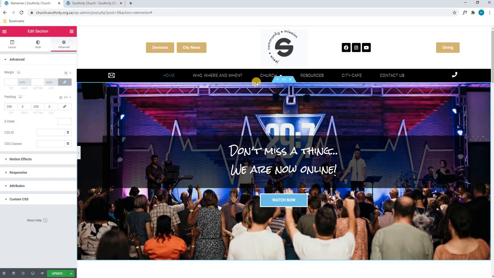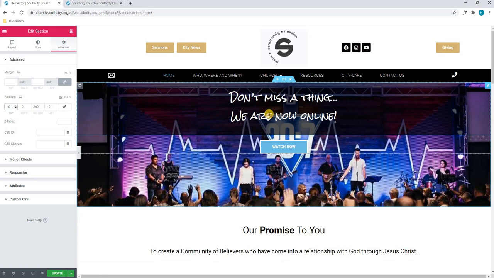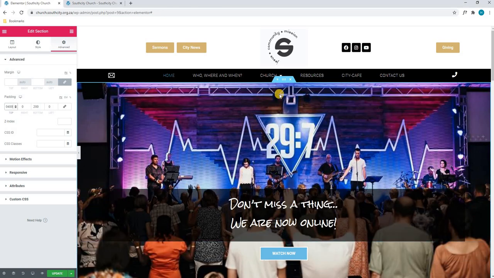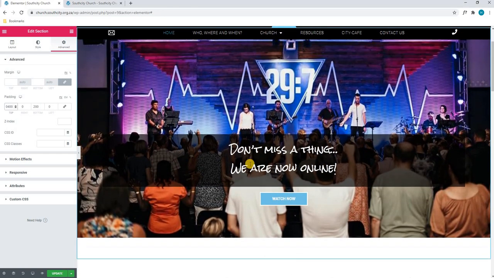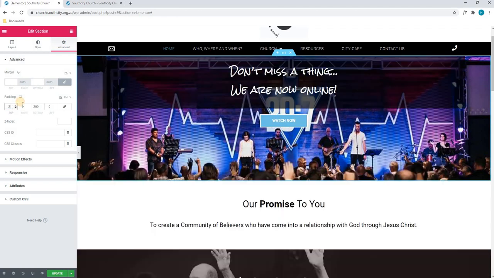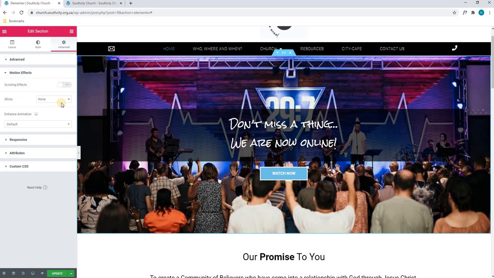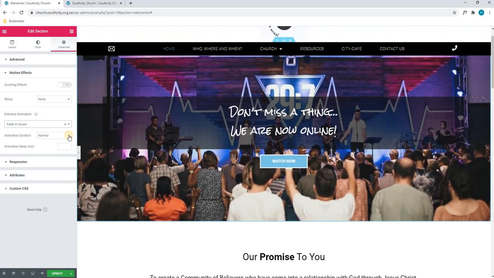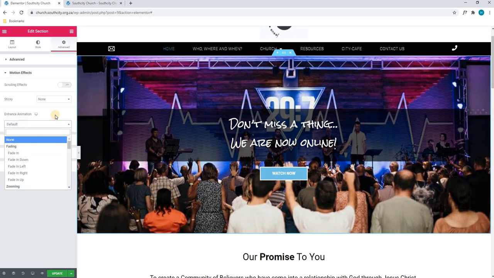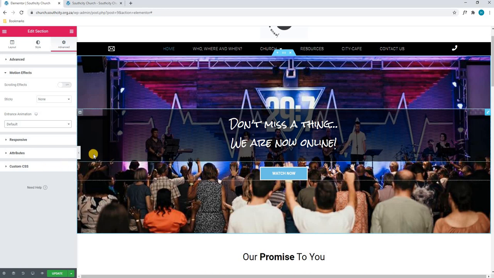This will be the space between the edge of the container and the content. If I was to remove the top padding, we will see this top spacing has disappeared. If I was to put the top padding back at 400, the top spacing will be double that of the bottom. We'll set that back to 200, and we will continue. In the motion effects section, we can add scrolling effects, as well as an entrance animation for this entire section. Lastly, the responsive, attributes, and custom CSS section you do not need to worry about, as that is for more